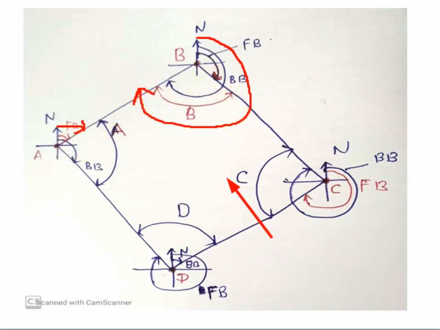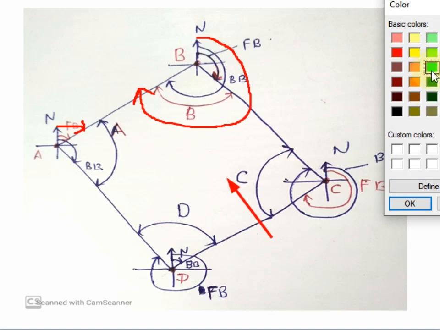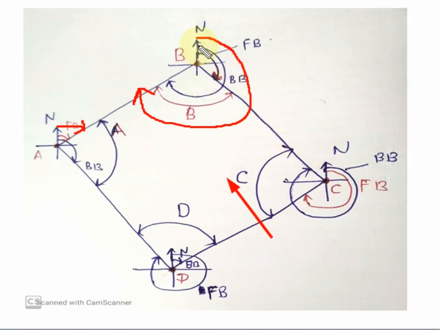So what is the forward bearing of line BC? So this is the BC line. The bearings which are measured from the north to the survey line. So this is the forward bearing of line BC. What is the back bearing of line BC? It is measured from the C station, from this position to the same line BC. So this is the back bearing of line BC.